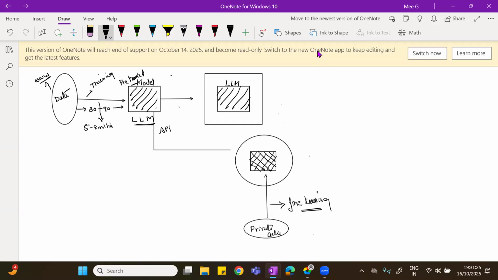We want to share this LLM with the public domain data, along with my private data, accessible to my internal team members all over the world. Just imagine I'm having teams in America, India, and Japan.